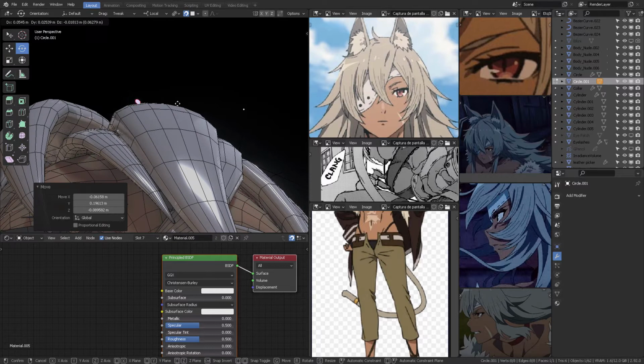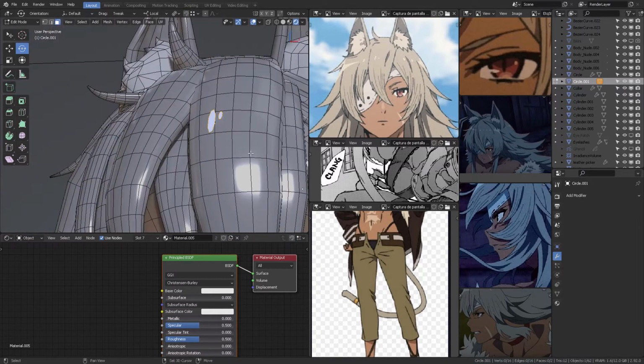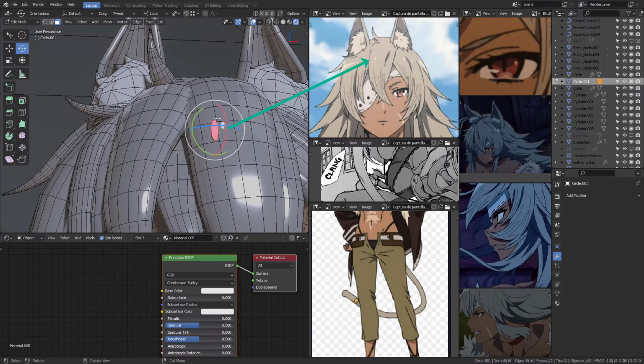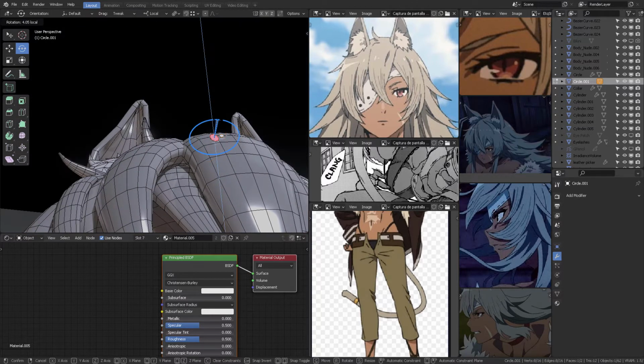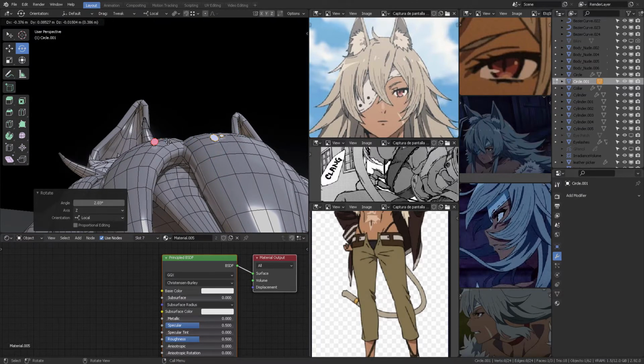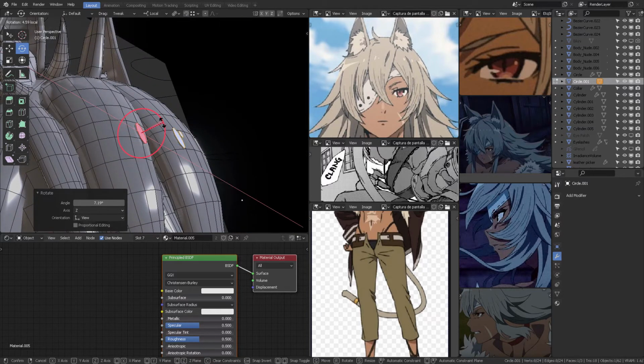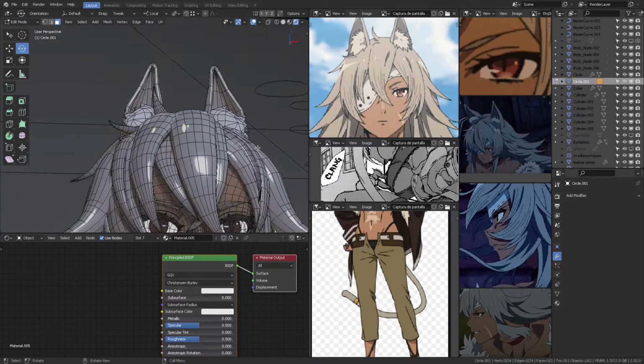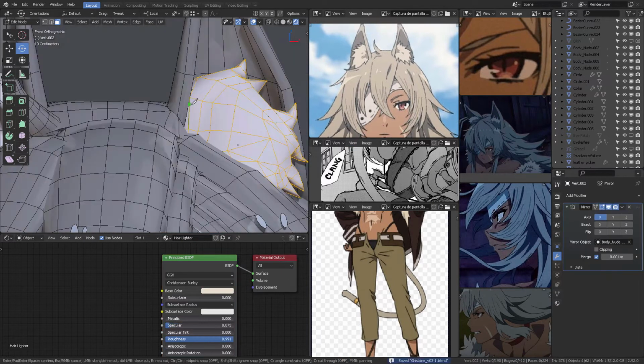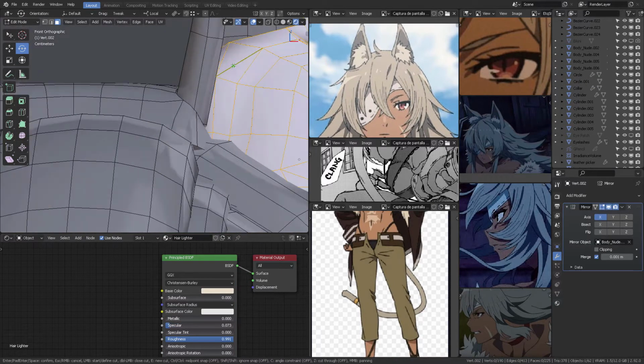So let's talk about the highlights on the hair. Let's continue with this method, creating n-gons directly in front of the hair. And when they are parented to the rig, all of these hairs are going to be one single mesh, except that these highlights are going to have a different material, and that's something that makes the Granblue Fantasy Versus special. Like we reviewed in the previous video,